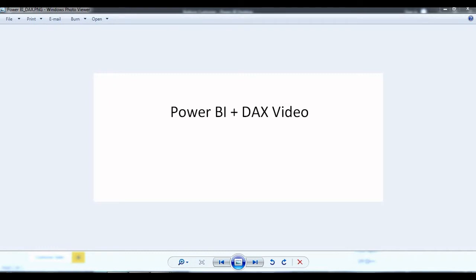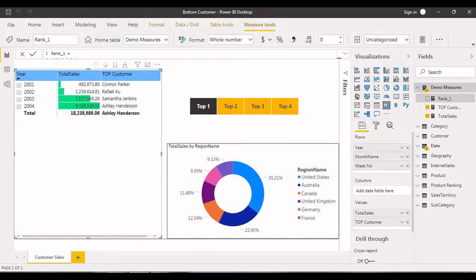Now let's go to the Power BI desktop. There we can understand today's video demo. For this, I have already designed the report, and I'm going to explain each and every step that I have done here. Before getting into the details of the report, let me explain which tables I have imported for today's report.